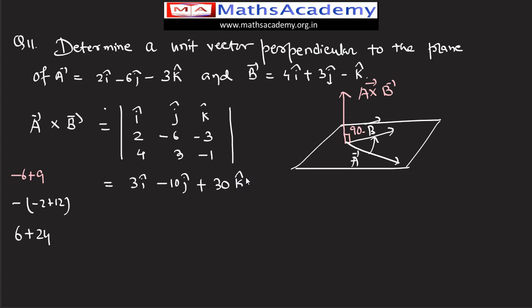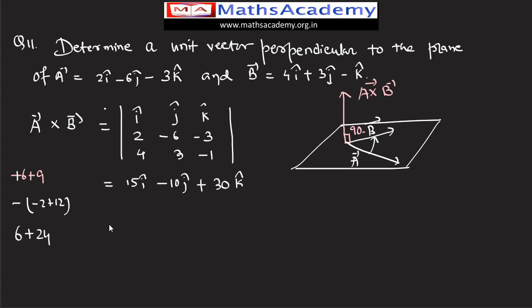30k cap. So let me check the calculations one more time. So here we have 6 plus 6, sorry, it will be 15. So 15i minus 10j plus 30k. From here you have to calculate